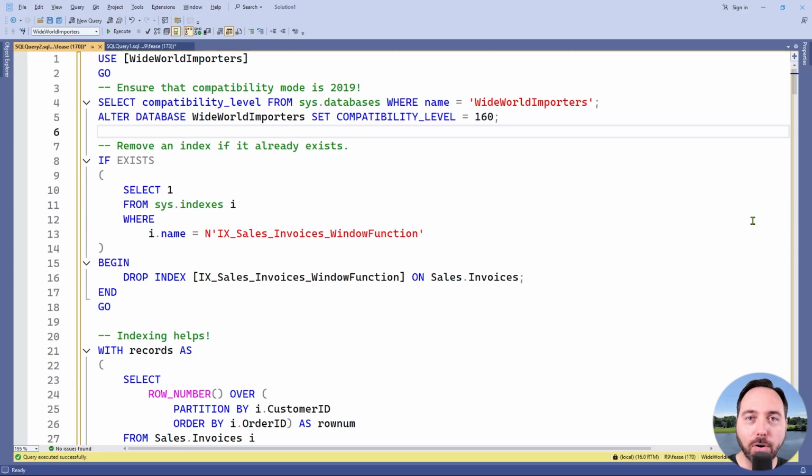In this demo, my goal is to go into moderate depth on performance tuning and window functions. If you want to go deeper into the topic, check out the links in the description below, as I have